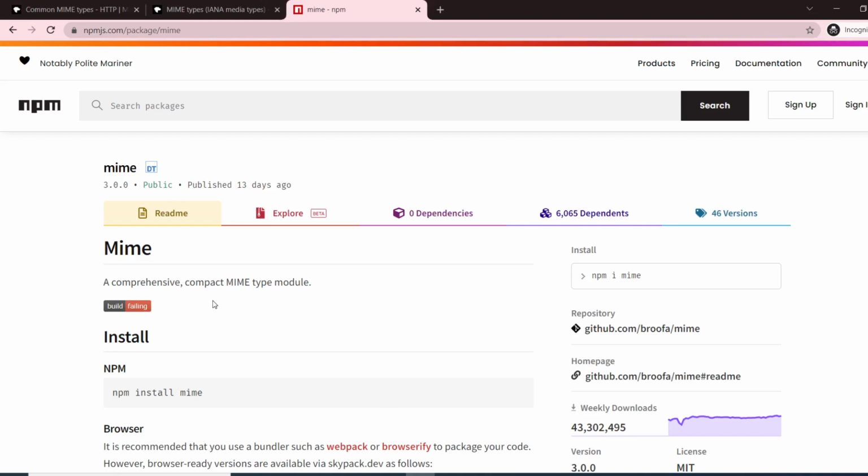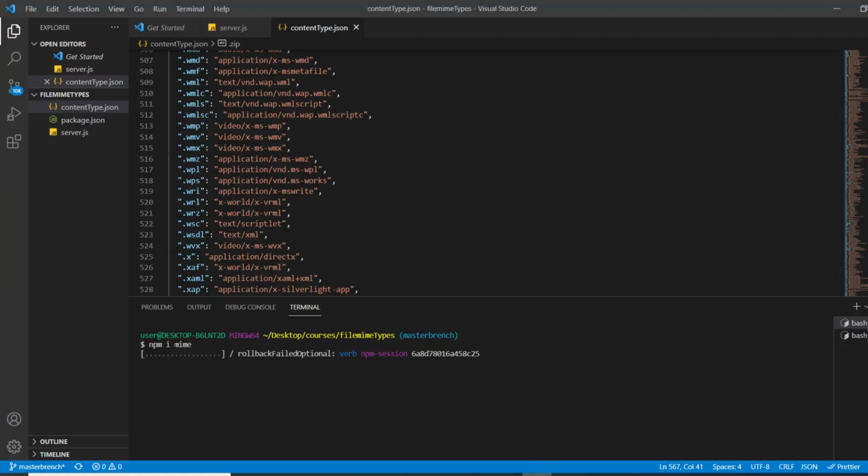I'm using the right way, right? npm install mime. I'm doing everything right, but still it is taking long.